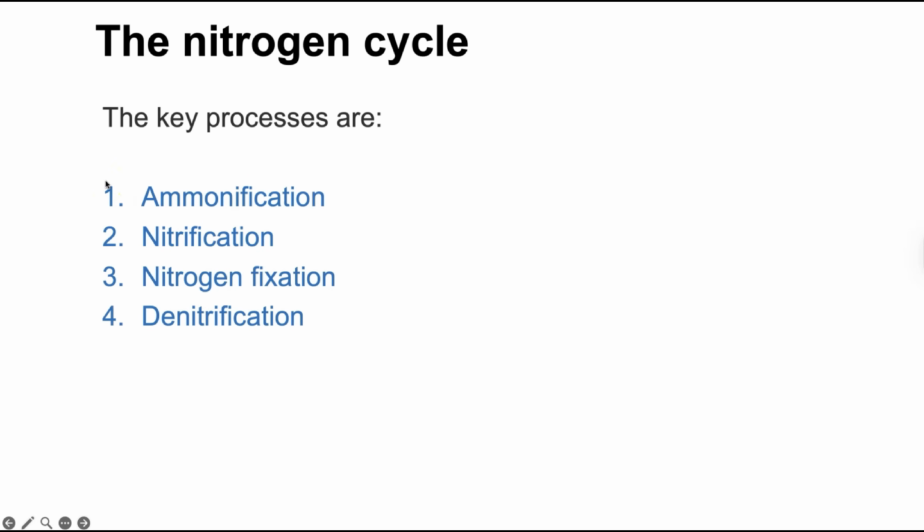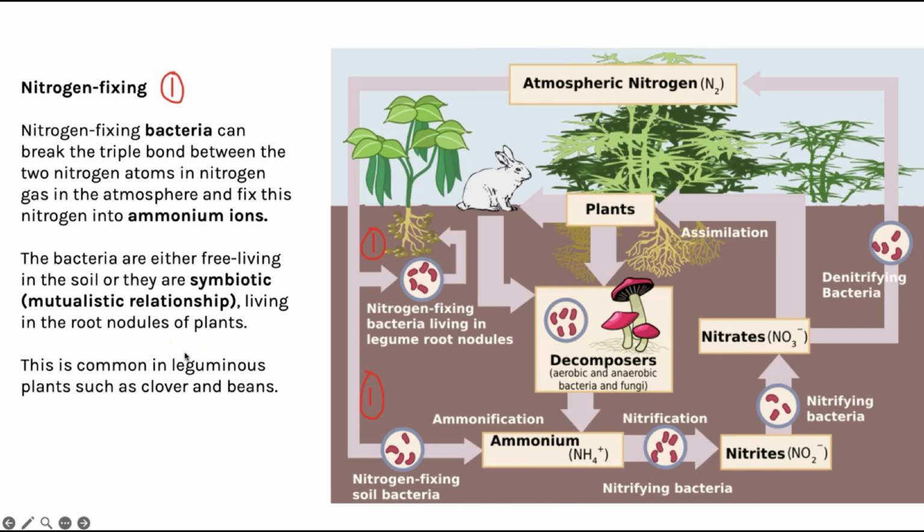There's 4 key stages: ammonification, nitrification, nitrogen fixation, and denitrification. All of these stages use microorganisms. So step 1 is nitrogen fixing or nitrogen fixation, which I've labelled on the diagram. This is when the nitrogen from the atmosphere is fixed by bacteria, which means bacteria break that triple bond between the N2, the 2 nitrogen atoms, and it fixes it, meaning converting it into a nitrogen-containing compound, which is ammonium